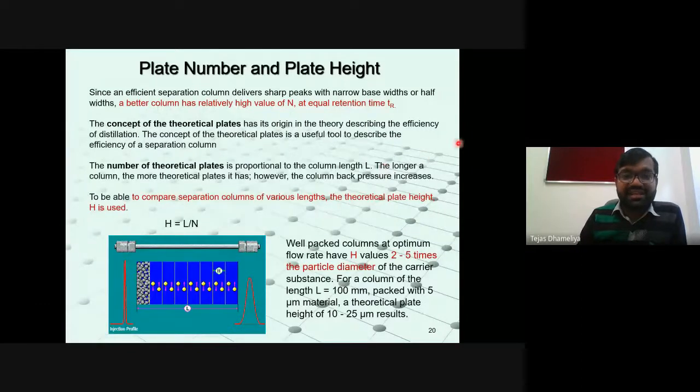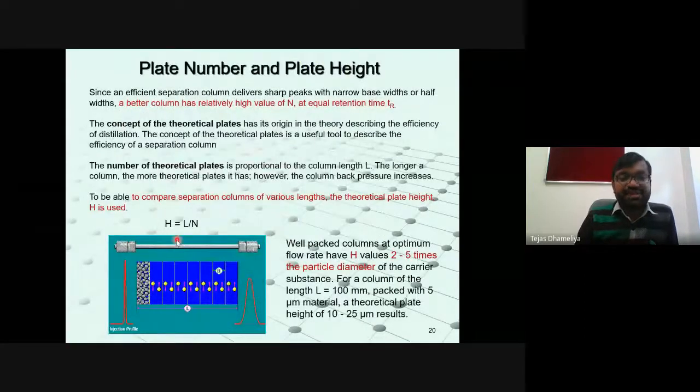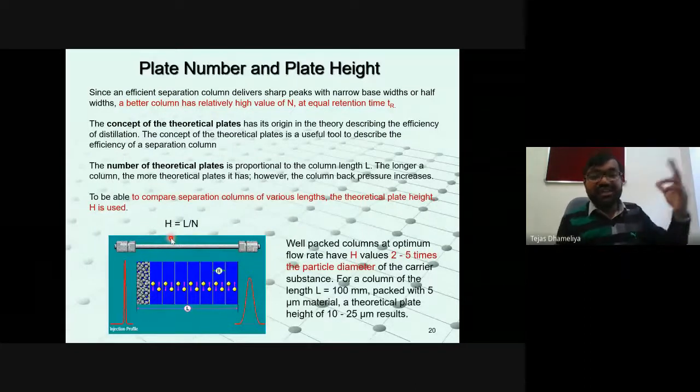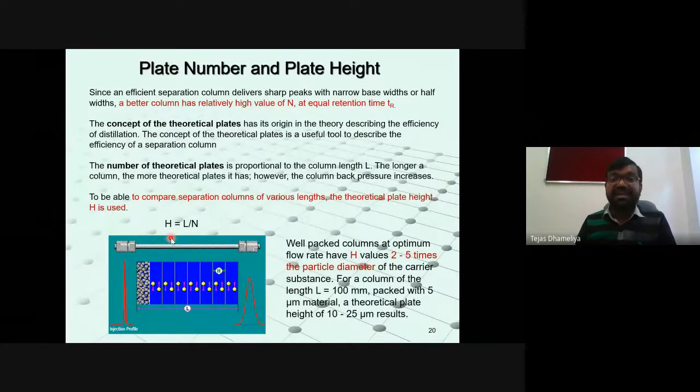Okay, and here they might have mentioned that this came from the distributions. We can calculate this HETP, height equivalent to theoretical plate, a concept which was devised previously with the help of a particular kind of equation, a particular kind of graph, what is called height equivalent to theoretical plate.